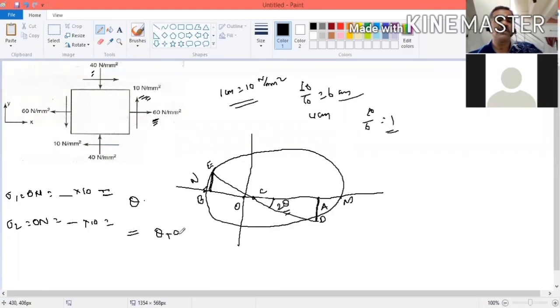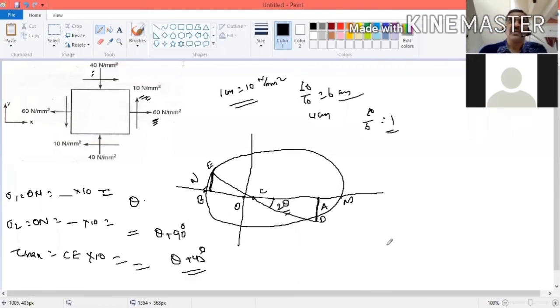Position is theta plus 90 degree. Tau max is the radius of the circle, CE distance. You put the distance into 10. That will give the value. The position is theta plus 45 degree. So now I hope